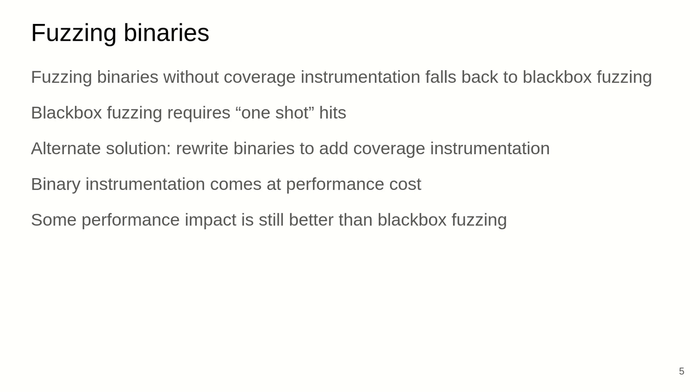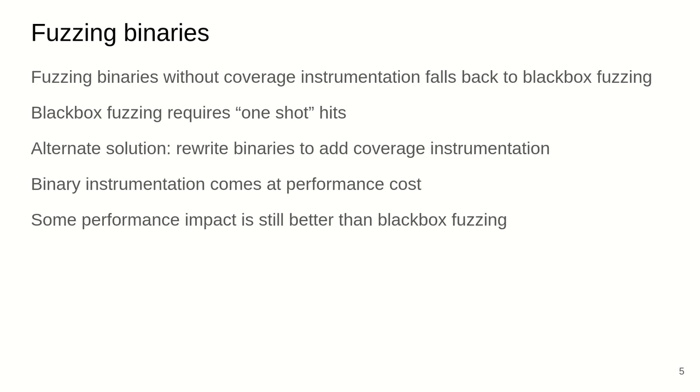And if we don't have coverage, the only thing we can do is fall back to black box fuzzing or leverage some alternate forms of coverage. The big drawback of black box fuzzing is that it requires one-shot hits. As in, we generate an input, and then with this input, we just try to hit a given bug. Any input is independent from all other inputs, right? So we are creating an input from scratch, and we're trying this one-shot effort